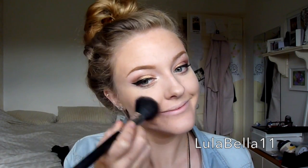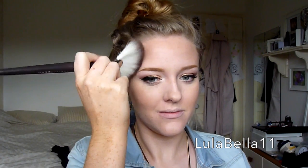For blush today, I'm going in with my Dim Infusion blush from Hourglass, and I'm using an F10 brush, I think it is, just the blush brush from Sigma. I'm just applying this as sort of a bronzing shade, so I applied it just around my temples and on my cheeks. So I'm now going in with my highlighter, and that was the MAC Soft and Gentle highlighter, and I'm